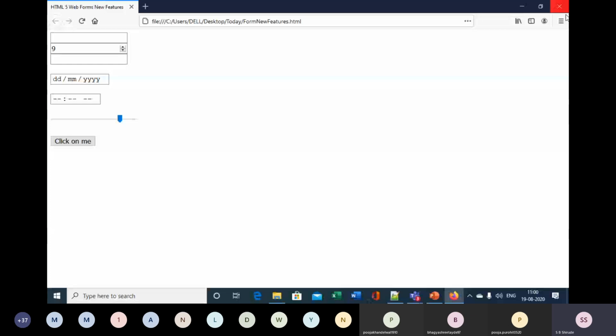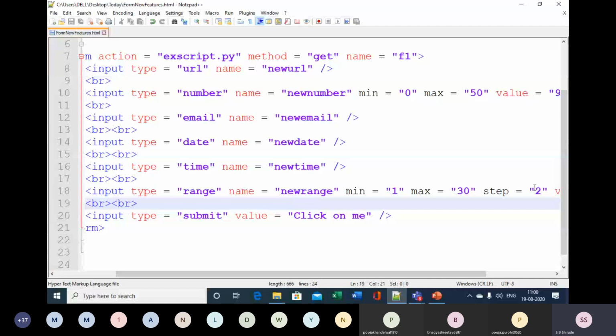Those values will be assigned to each value of the range. So this way we have seen how you can make use of the new features supported by Web Form 2.0, and we have learned today how you can use the new controls such as URL, number, email, date, time, and range.